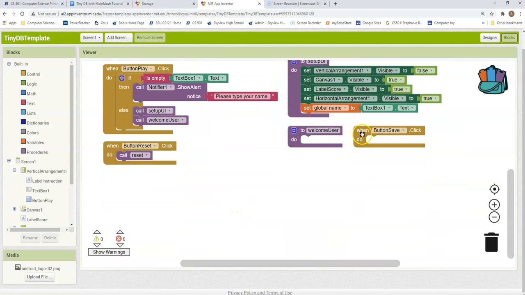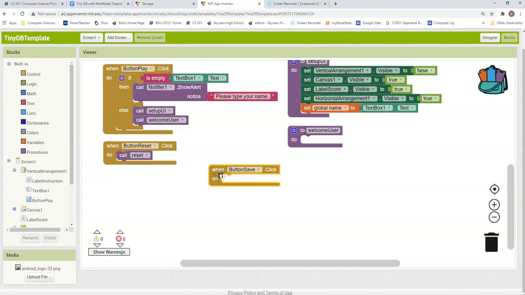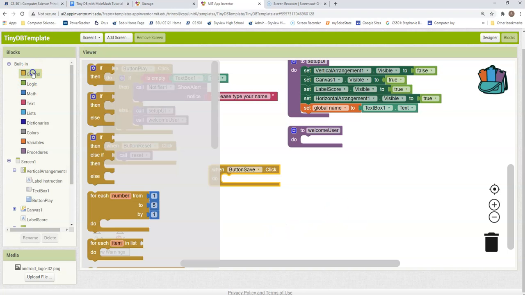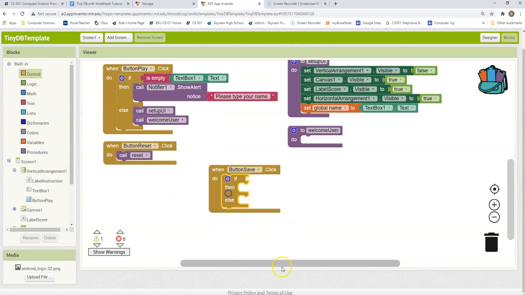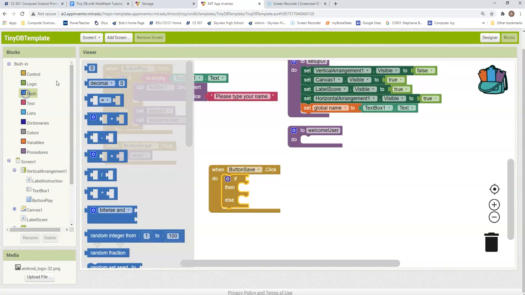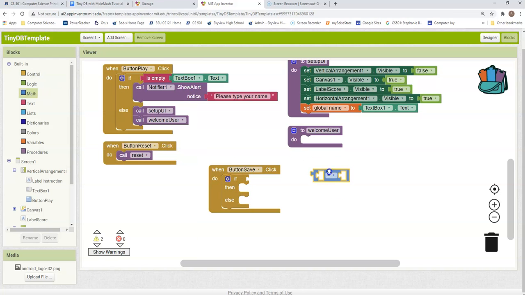Okay, down here on our button save feature. So we have an if then else statement that will be helpful here. If we're going to try to compare our scores. So we need to compare our score to the global high score. So if our score that we currently have is greater than the global high score,